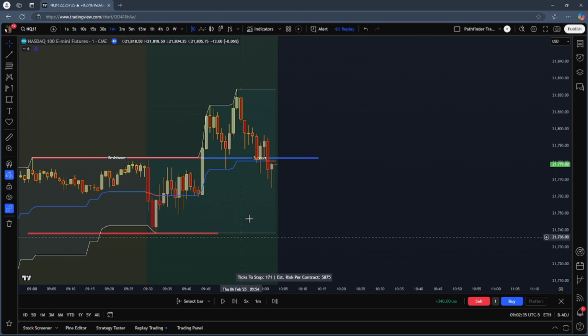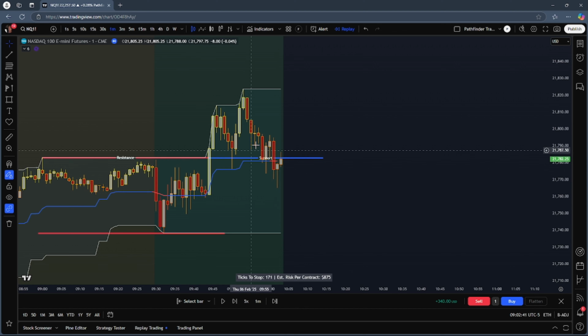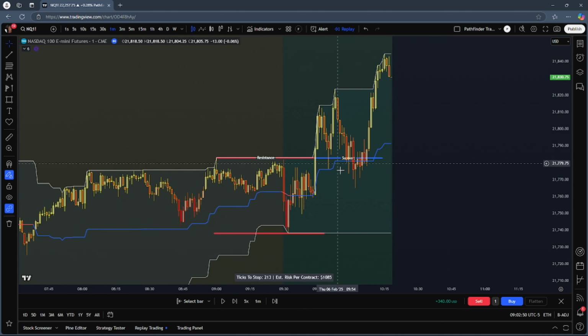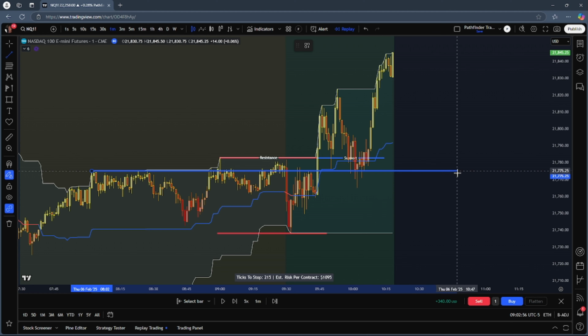So that's that trade off of that level. The market comes back, tests that level again, bounces, and then now we can see it comes back in and touches underneath again. From there, market came back to this level, and if you look, if you have this marked up right here, this previous high,